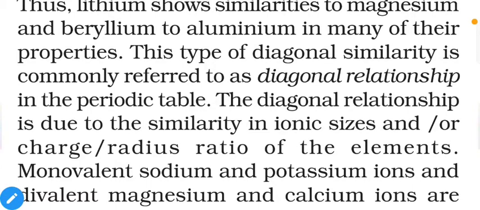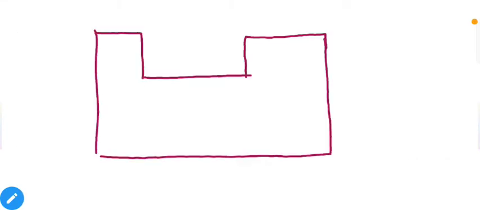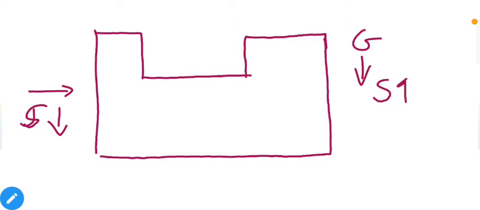So if we observe the periodic table trends, then you will notice as we move from left to right in the periodic table, sizes will shrink, and as we move from top to bottom, sizes will increase. That means if you move in a period from left to right, then size will shrink, and as we move from top to bottom in a group, then size will increase.